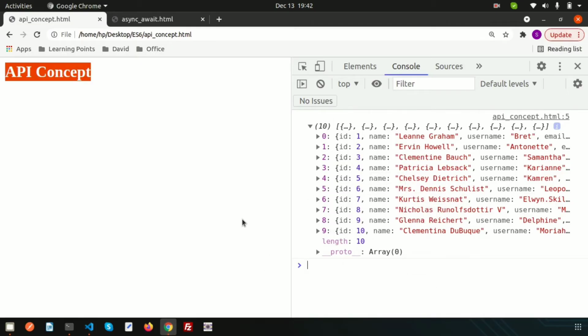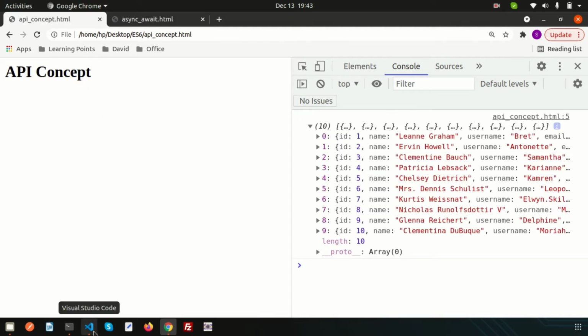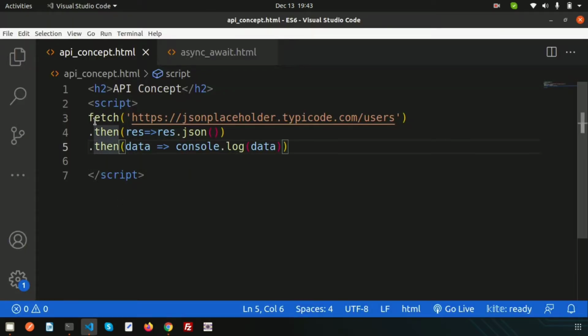Basically JavaScript is always synchronous and single threaded, right? But JavaScript can be made asynchronous. So in this video I am going to show you how to do that, right? If you check our last tutorial, we are using the promise and we are using the links to